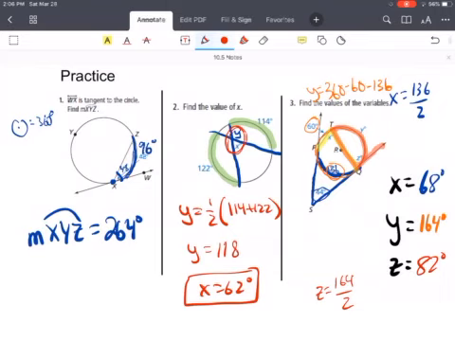These next few pages are review. So it's just kind of going over the different